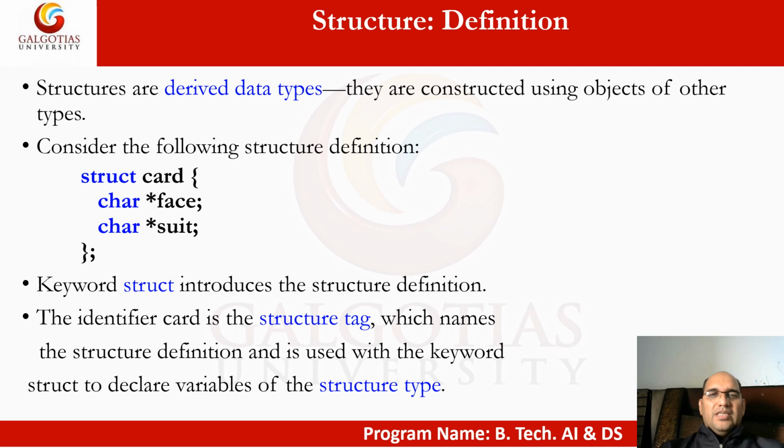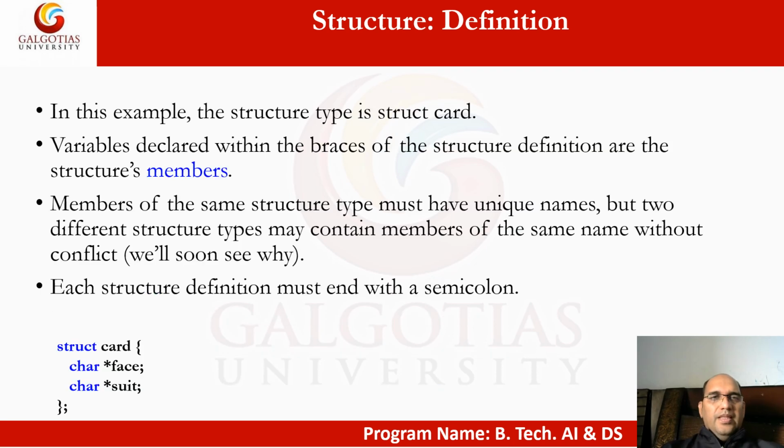So the keyword struct introduces the structure definition. The identifier card is the structure tag, which names the structure definition and is used with the keyword struct to declare variables of structure type. So I'm talking about this actually, the card. So card is your structure tag and which is used with the keyword struct, right? In this example, the struct type is struct card. You can see here at the bottom,